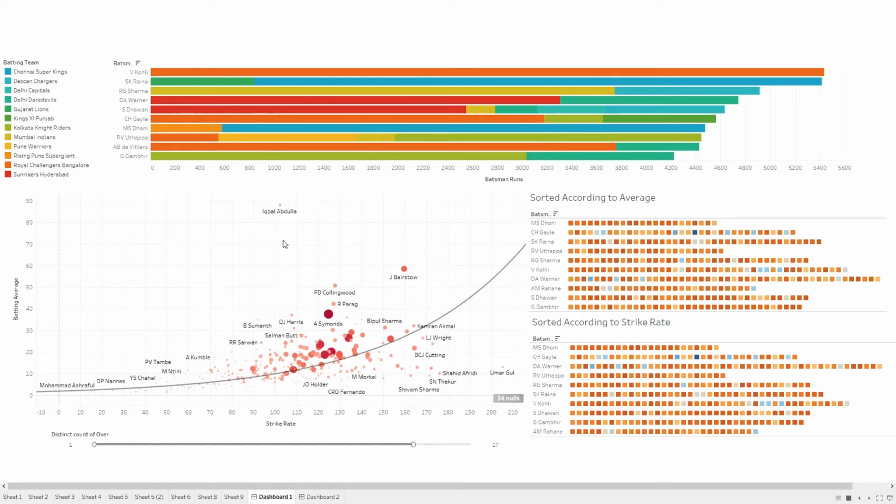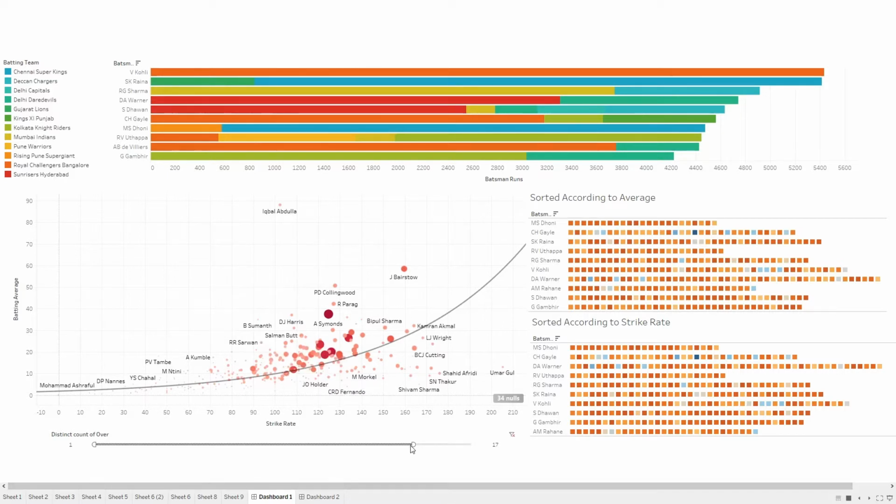Here people try to score more runs at a steady pace. And finally, there is an anomaly of Iqbal Abdulla, who played only one game, having a batting average of 88 and a strike rate of 102. So he has a high batting average, but he didn't play many games.